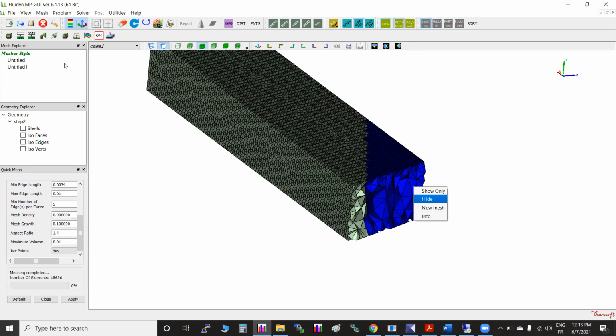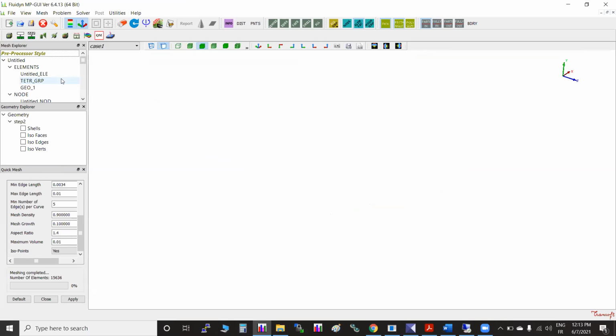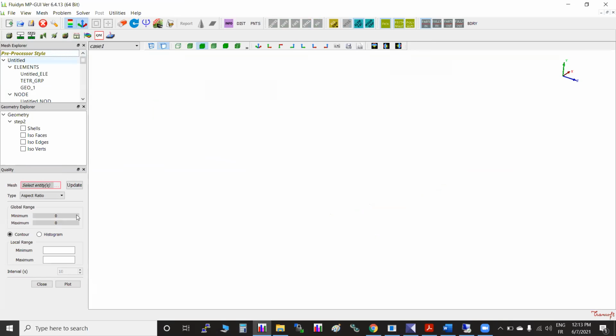So this mesh, we will check the mesh quality because this is important. Mesh quality option: aspect ratio is okay, 8. I told you 100, so it is way below.